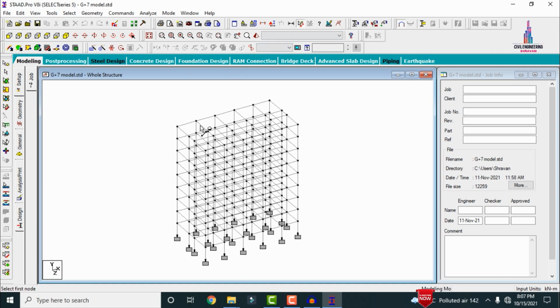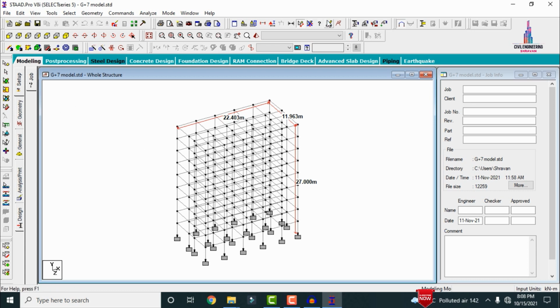Click on the display node to node option, select the starting point, again select the ending point. It is approximately 22.403 meter length. Again it is 11.963 meter height. Width is approximately 27 meter. For this building I took a ground level section, a plinth level section, and the first story, second, third, fourth, fifth, and so on for the building model.